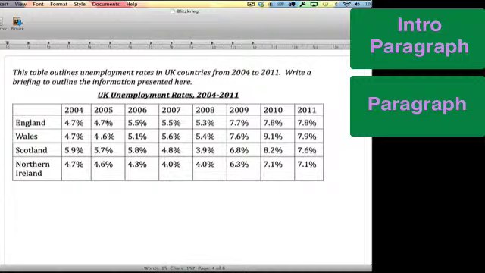Of course, if, say, 2 of these countries were very similar and the other 2 countries were different but similar to each other, then you might consider grouping, say, England and Wales into one paragraph, that analyzes the manner in which these 2 countries move in relation to each other, if they were similar. And then Scotland and Northern Ireland the same. If they were very similar but different from England and Wales, we might group them into a separate paragraph. But in this particular instance, all 4 countries seem to